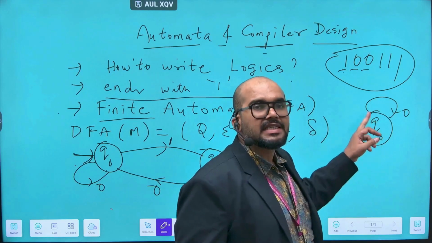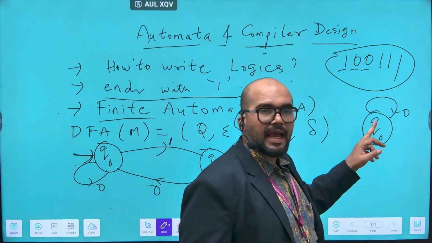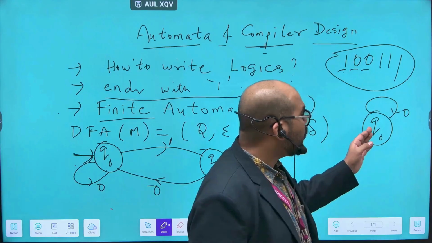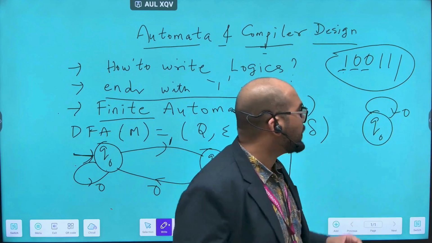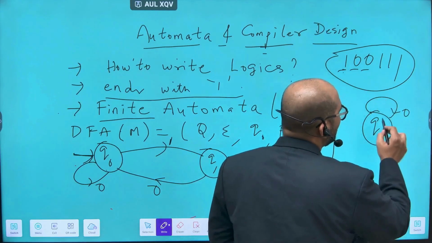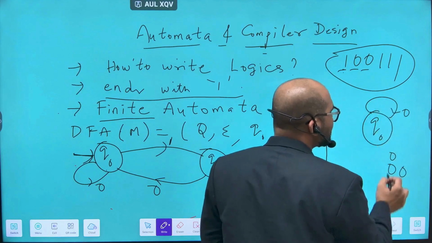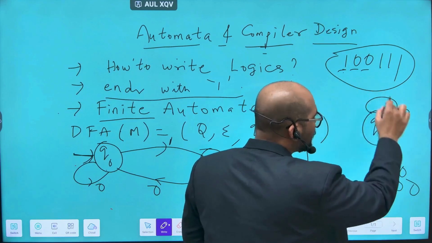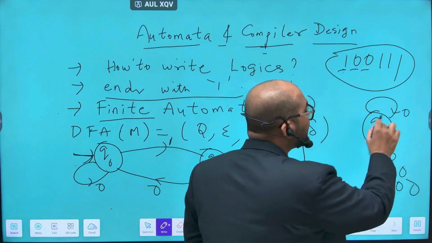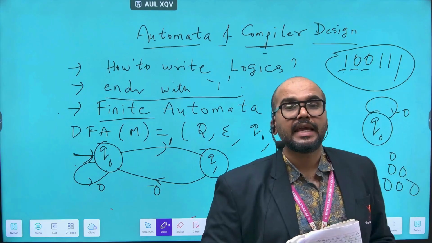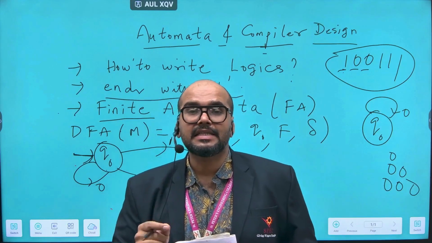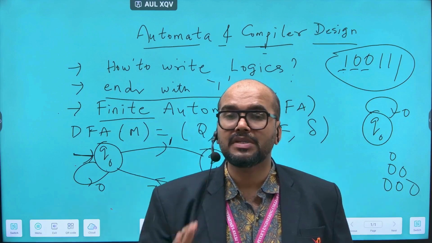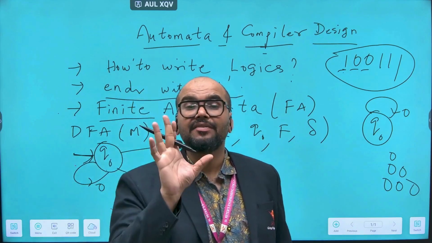a self move is nothing but a state that, with some input symbol, moves to itself, and it can move an infinite number of times. For example, it can move once, it can move 2 times, it can move 3 times, like that it can move an infinite number of times. If a state has a self move with some input symbol, 1 or 0 or A or B,